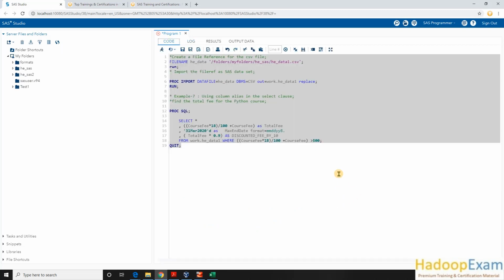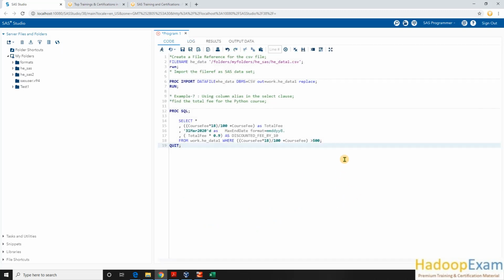The same issue which we found in the where clause, correct? In the where clause also we cannot use the alias unless we put the CALCULATED keyword. So I have to use the CALCULATED keyword wherever I refer to the column, because this part is calculated and given the name total fee.